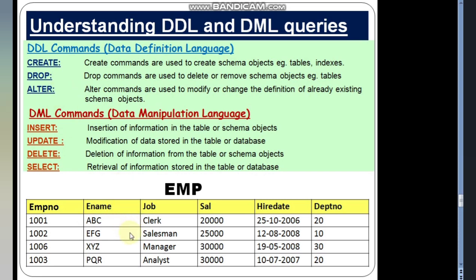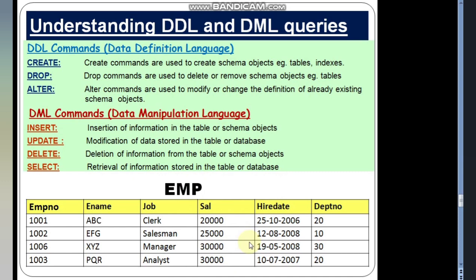Again, alter commands are also used to modify, change, add or drop any particular column. That means if you want to remove a certain column, suppose I don't want this department number column, or suppose I don't want this salary column, I want to remove it from here. That is, I want to drop this particular field from the table.